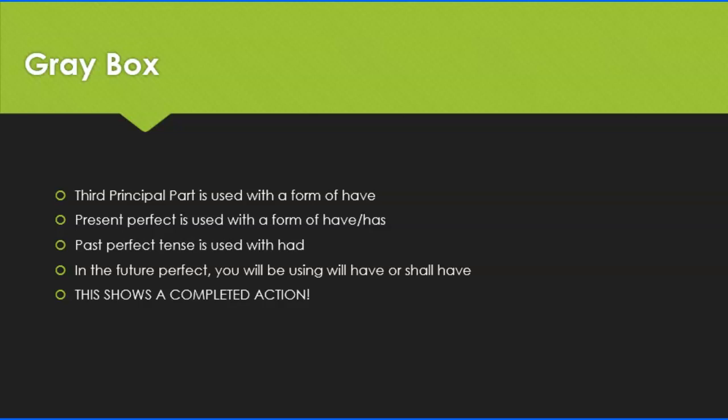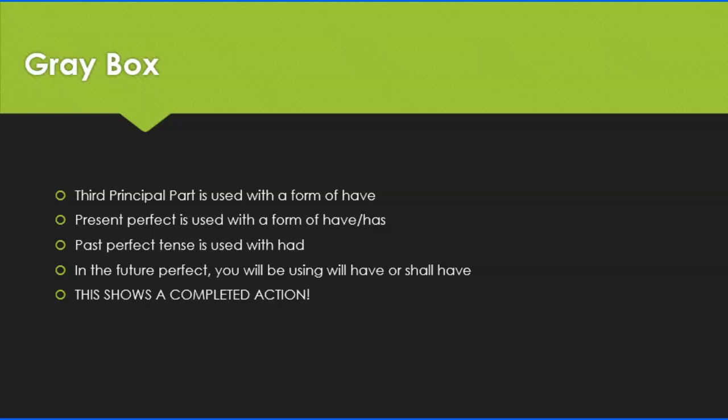The present perfect tense indicates an action or a condition that began in the past but is completed as of the present time or continues into the present. The past perfect tense indicates an action or a condition that was completed by a certain time in the past. The future perfect tense indicates an action or a condition that will be completed by a certain time in the future. Now, I know all of that sounds really confusing. It's actually easier if we're able to look at examples,